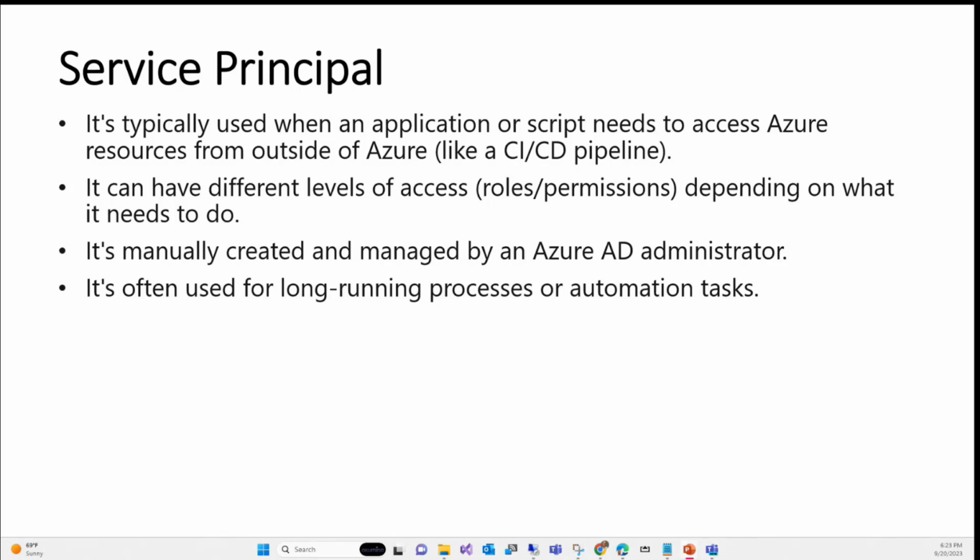But this is very useful when you do CI/CD. It's not very useful when you connect from the computes, like how we defined the managed and user managed identity, because it needs a secret, right? So now you need to put the secret somewhere. For example, you have a web app that wants to connect to some service principal enabled services. Now you need to carry the client ID and client secret everywhere. If you leak that client ID and client secret, now somebody can connect to it, right? So it adds a little risk.